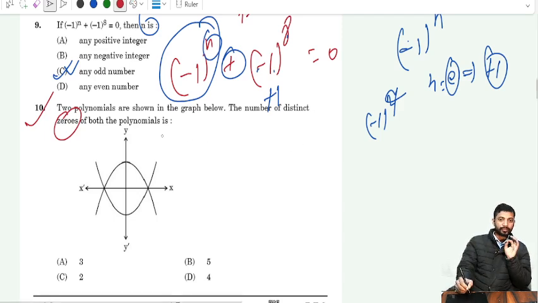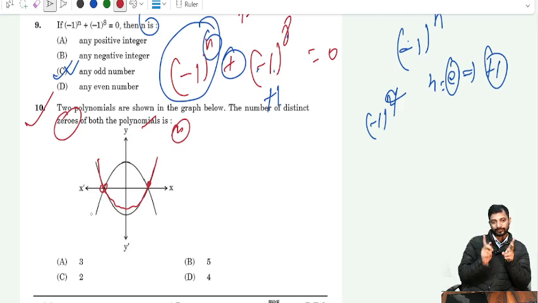If the value of the polynomials in variable x is zero, it means their graphs are cutting the x-axis. The number of times the graph is cutting, passing through the x-axis, that will be the answer, the number of zeros. So for this equation you can see it crosses the x-axis only 2 times, so the answer is 2. And for the other it is also 2. What does this mean? They are passing through the same points, it means their zeros are the same. So option C is the correct answer.